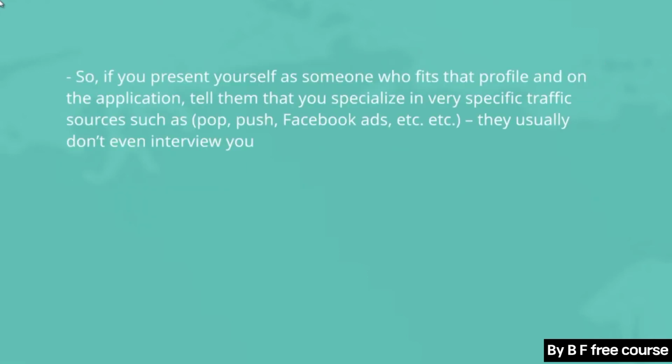Same thing. So if you present yourself as somebody who fits that profile, and on that application you say, hey, I specialize in a very specific traffic source like pop ads, pop unders, or maybe push notifications, which is a little box that comes out like on Facebook when they alert you that somebody commented on your post.